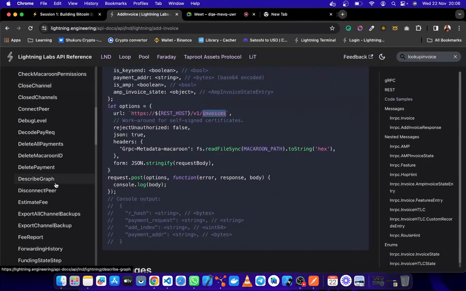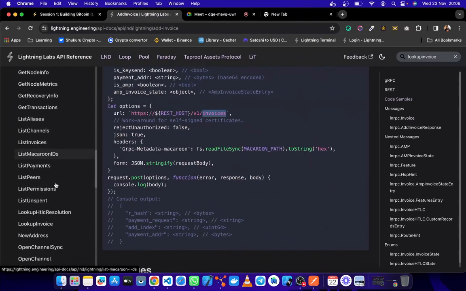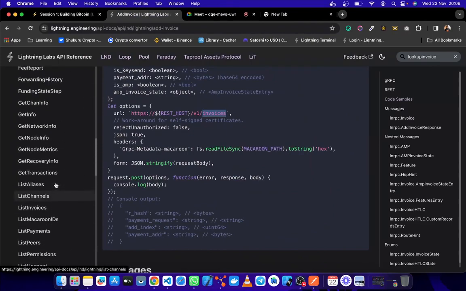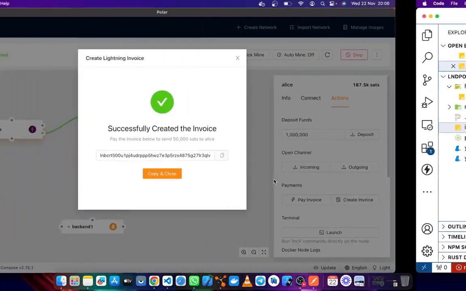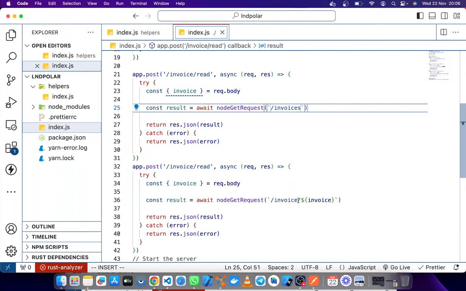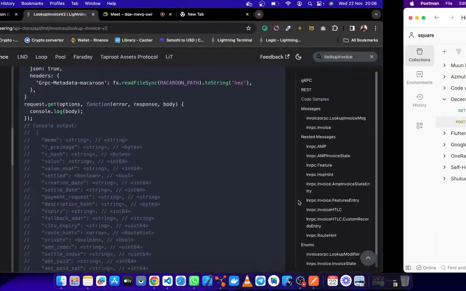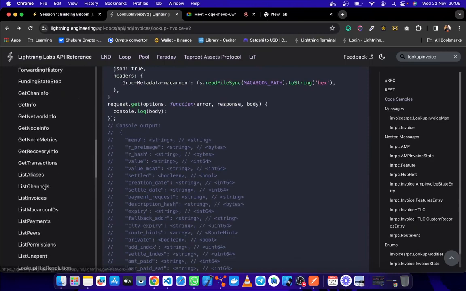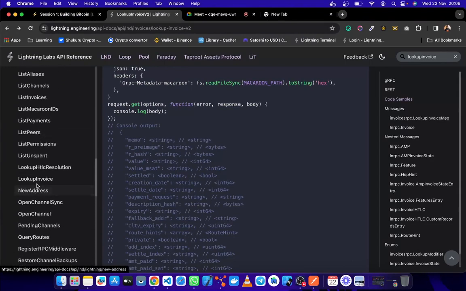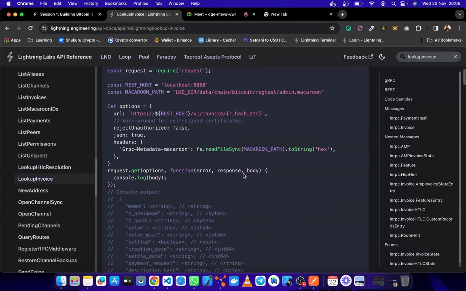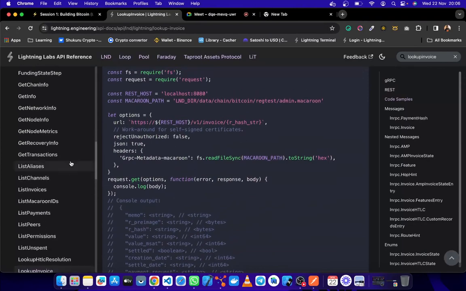And did I get this endpoint right? Is it invoices? I see invoice here. I may have got it wrong. This is list invoices and then lookup invoice.